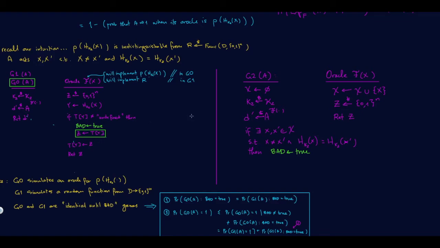And you can't argue that, well, maybe A would have asked different queries over here than it would in this game because this oracle somehow is checking bad is true. You can't make that argument precisely because, as I said, the responses from this oracle are always uniformly random and independent of the value of bad. And so there's no way for A to adapt its queries here versus here because these oracles are identical. So the probability of bad being set in G2 is the same as it is in G1,